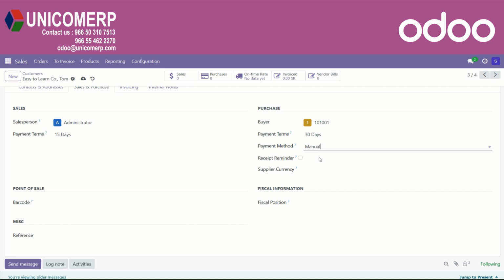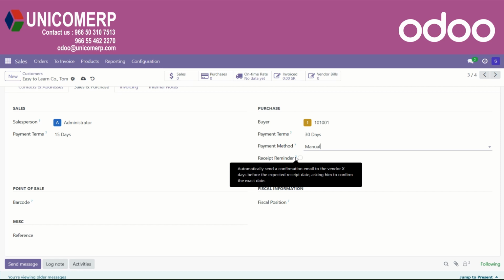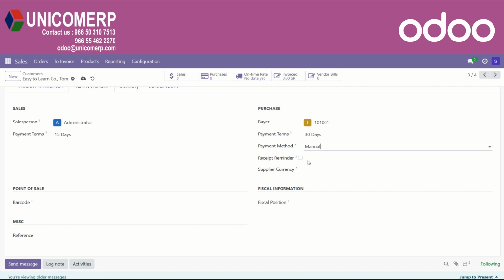And here comes the receipt reminder. If you set up this field, it will automatically send a confirmation email to the vendor X days before the expected receipt date, asking them to confirm the exact date. This is simply a confirmation email sent to the vendor.